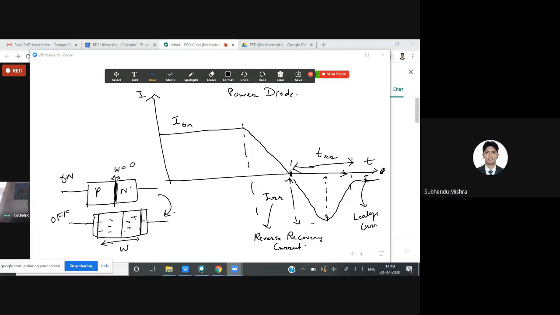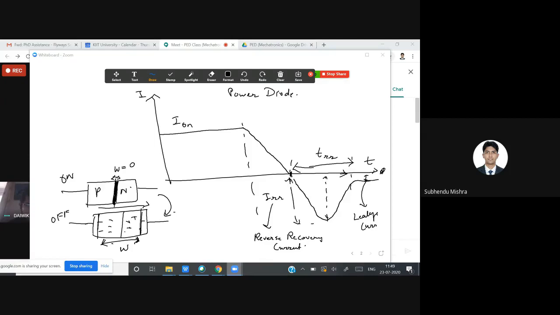Okay, so whenever we are conducting, the depletion region is 0, right? So there is no depletion region and there is no barrier. When we are in the off state, there is a particular depletion region, because no conduction is happening, and that can only happen if we have developed a depletion region. Otherwise, the excess electrons and the holes will flow through. It takes some time to form that depletion region.